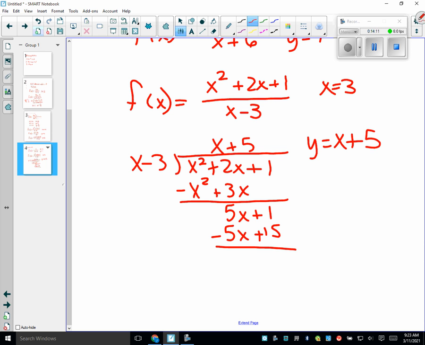It is only a slant when what? When the numerator is how many more than the denominator? 1. If it's not, there is no slant. Does that make sense to you all? Yep. So all you're going to do today